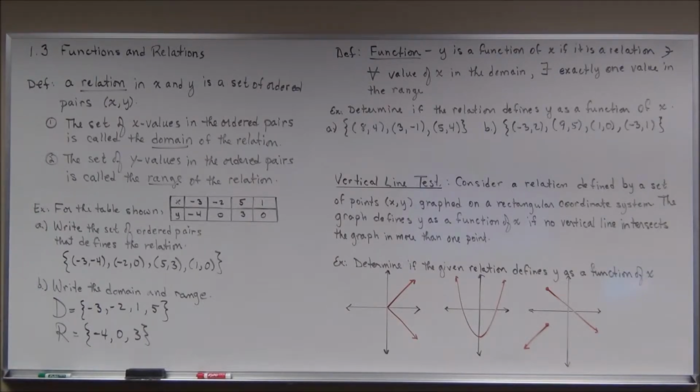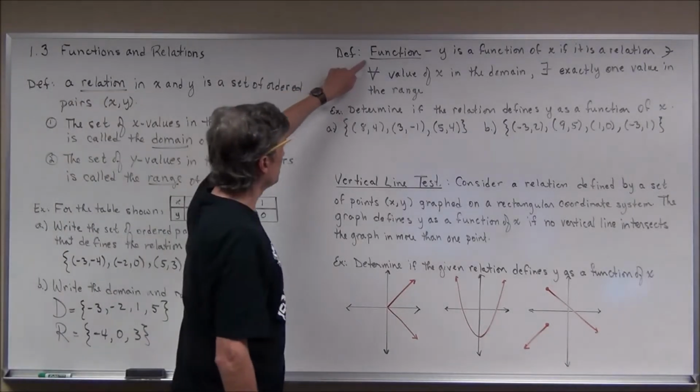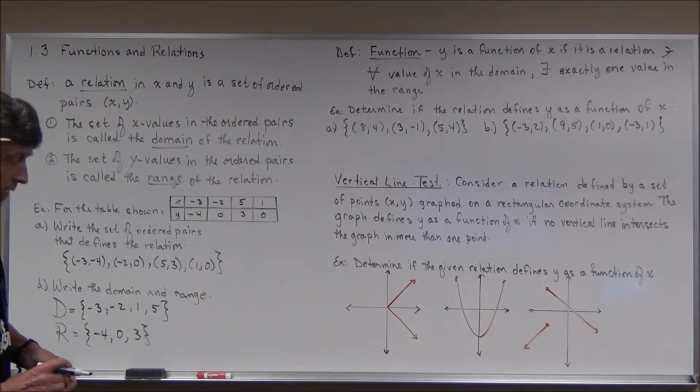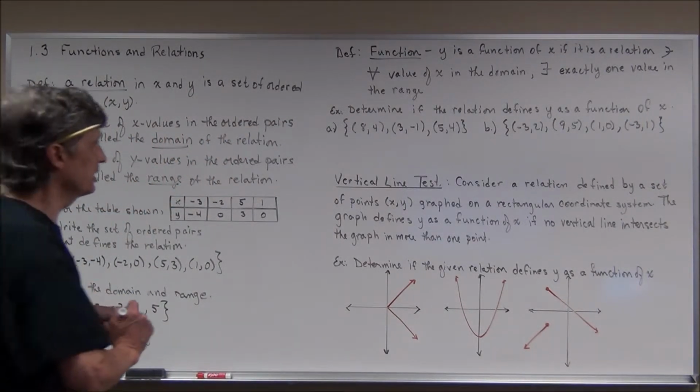Now, if all we dealt with was relations, it'd be a little bit boring because it's any set of ordered pairs. We need a restriction on what our ordered pairs can be, and that brings in the idea of what we call a function. A function is a relation, but it's a special type. It says y is a function of x if it is a relation such that